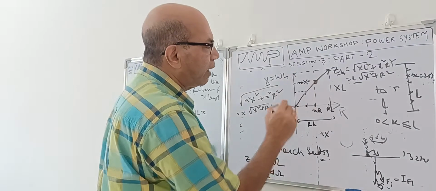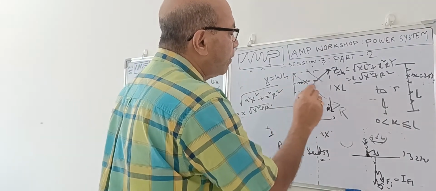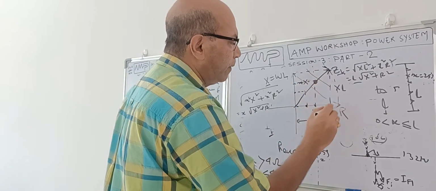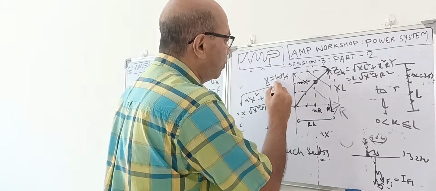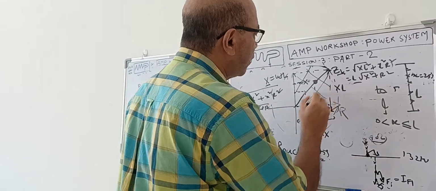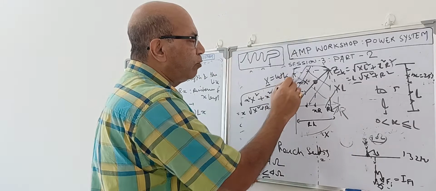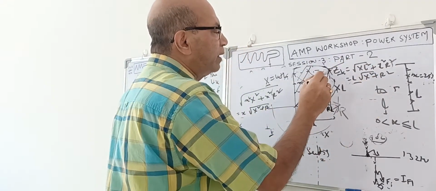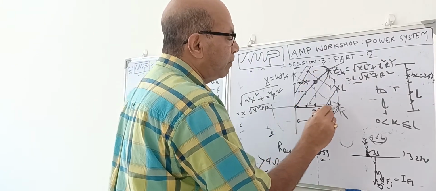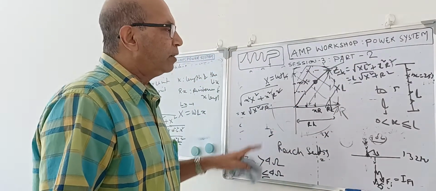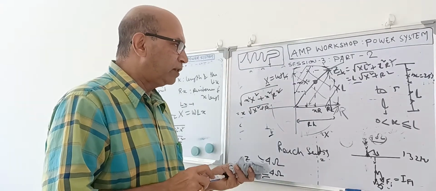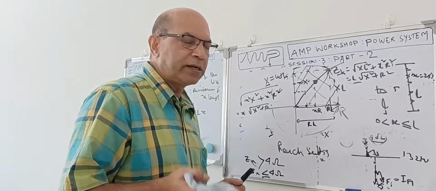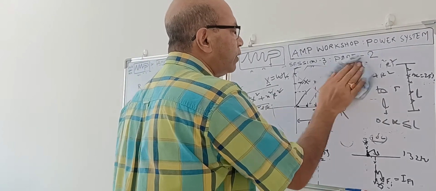So by this vector diagram we can see this is the zone of operation. This measured value is the end point. If you draw a circle like this, this is the first quadrant of the circle. If the R and X value are anywhere within this circle, the relay will operate. But the moment it goes outside, it will not. This is the maximum value. After that, it will not operate. So this way the distance relay works. This is the basic principle of distance relay. We will discuss it in more detail when we come to the distance relay with a carrier aided scheme.